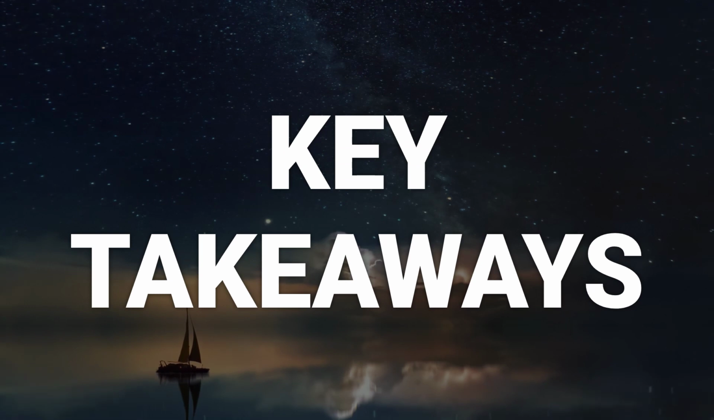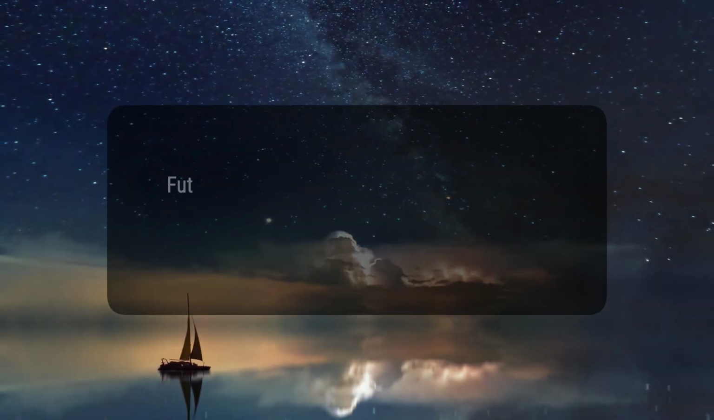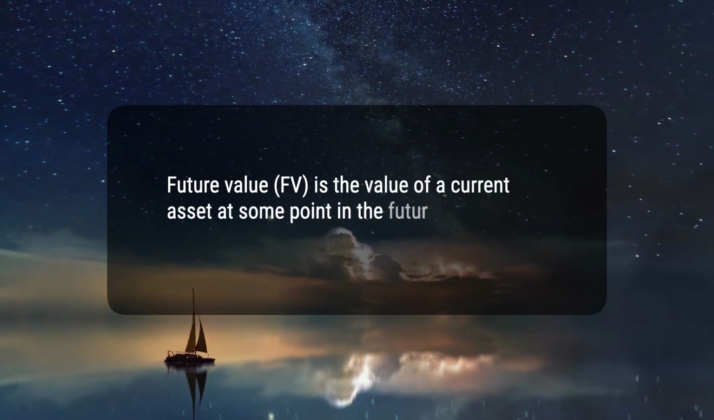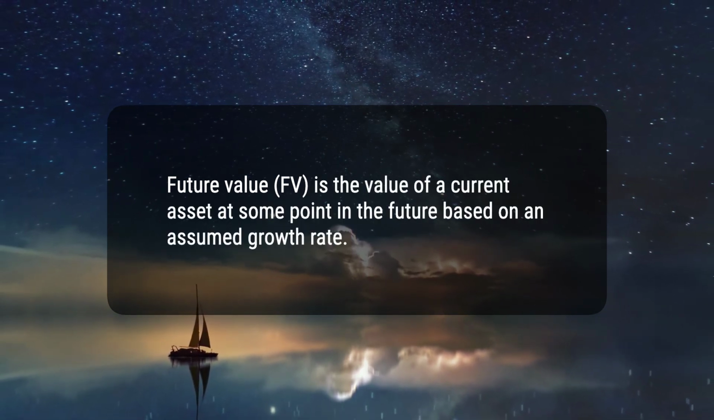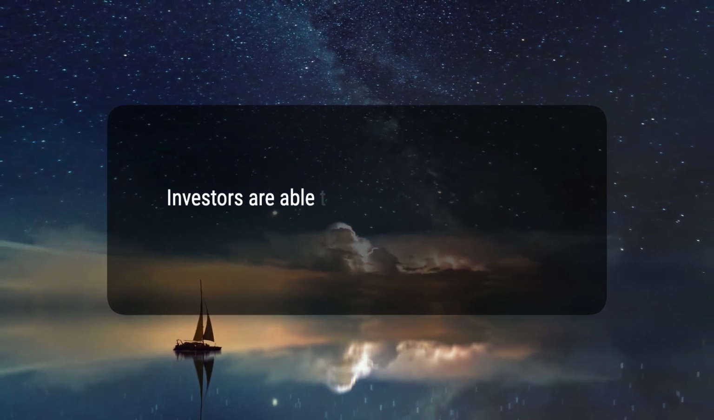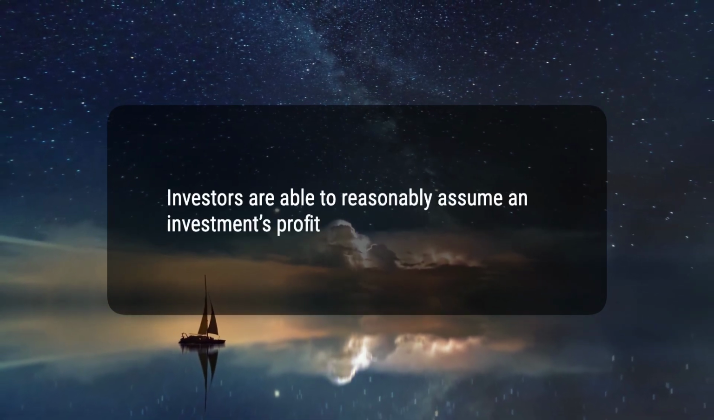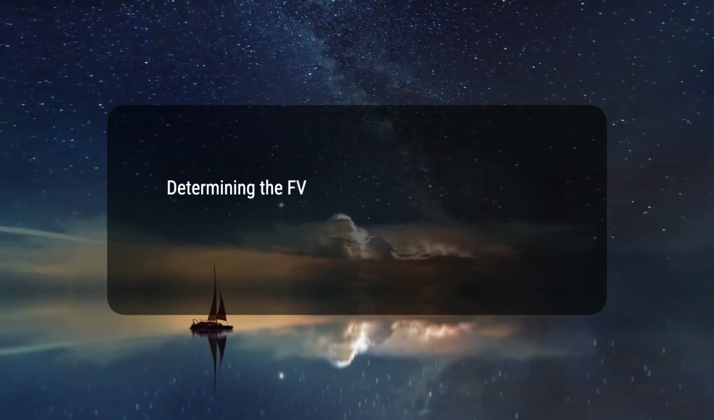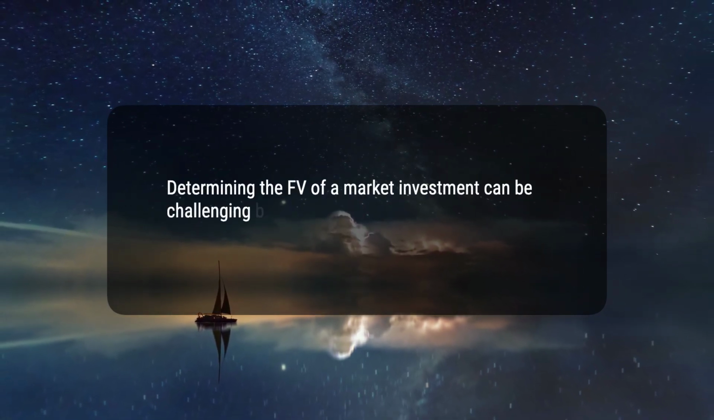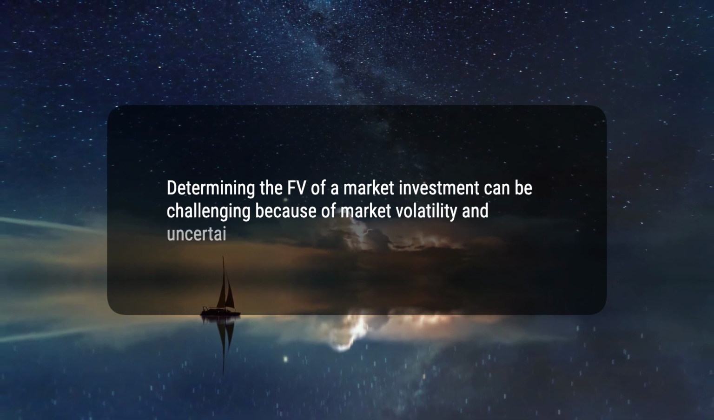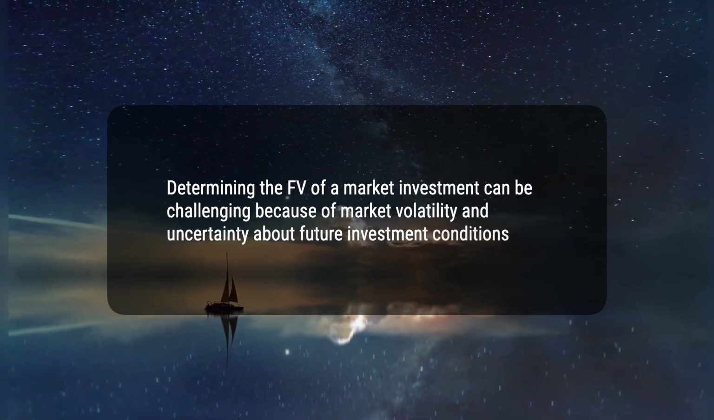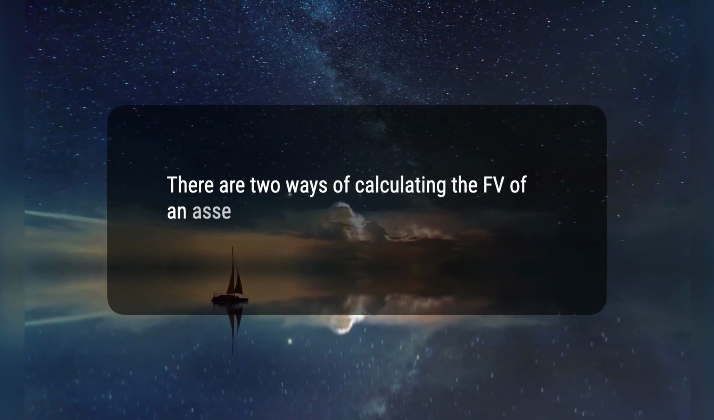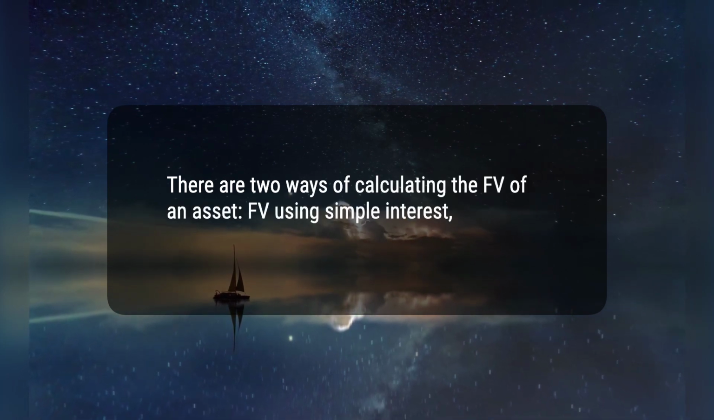Here are 4 key takeaways. 1. Future value, FV, is the value of a current asset at some point in the future based on an assumed growth rate. 2. Investors are able to reasonably assume an investment's profit using the FV calculation. 3. Determining the FV of a market investment can be challenging because of market volatility and uncertainty about future investment conditions. 4. There are 2 ways of calculating the FV of an asset: FV using simple interest, and FV using